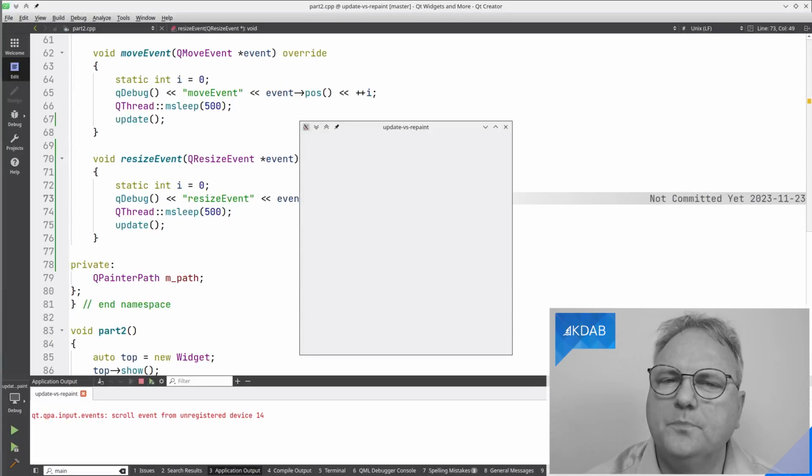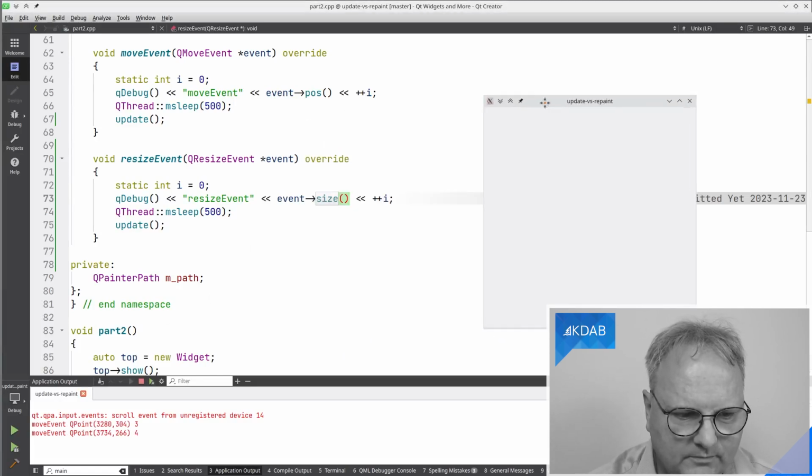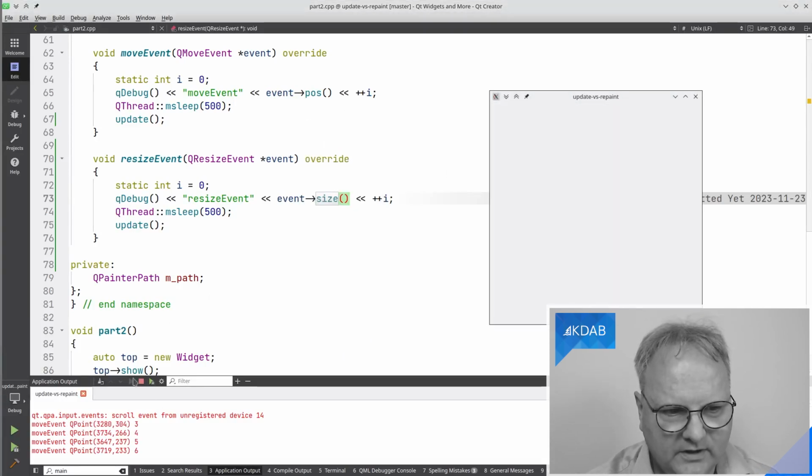And that brings me to the last kind of compression I thought I knew about and that I wanted to show you. Namely, move and resize. And observe here, I'm moving my window around. It again has 500 milliseconds here and 500 milliseconds for move and resize.